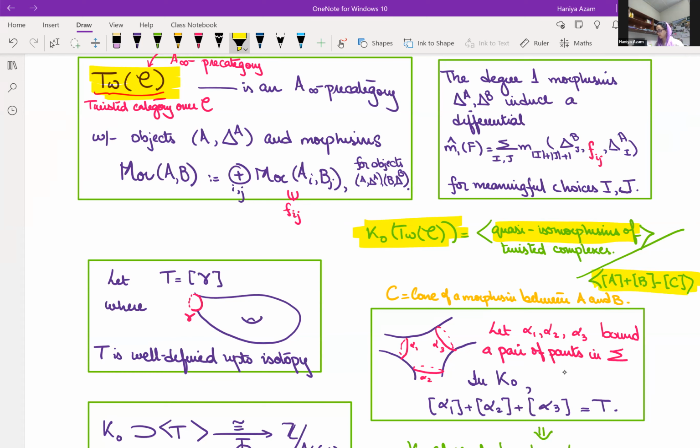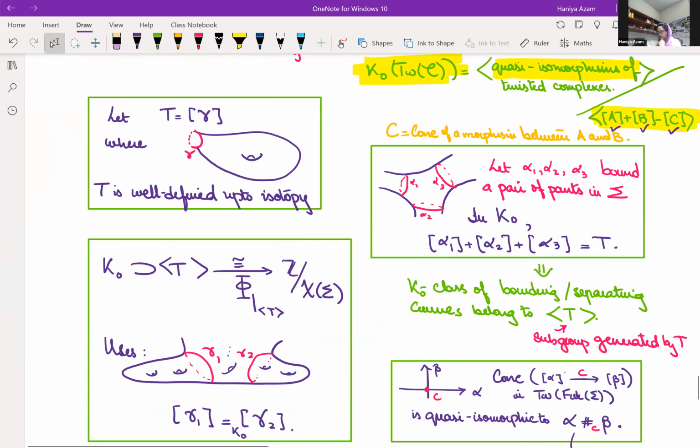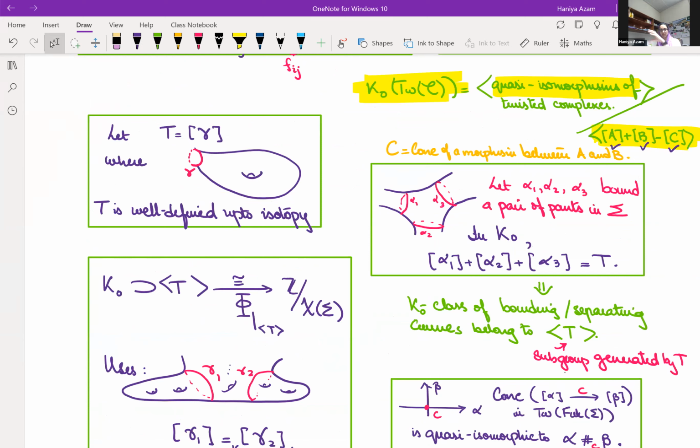So this is the usual way you define it, even in group theory, in algebra. So these are distinguished complexes. So these are two objects. And C is just the cone of a morphism between A and B, if you know what a cone is. And then we have a bunch of facts that we need to come down to the result, which are just